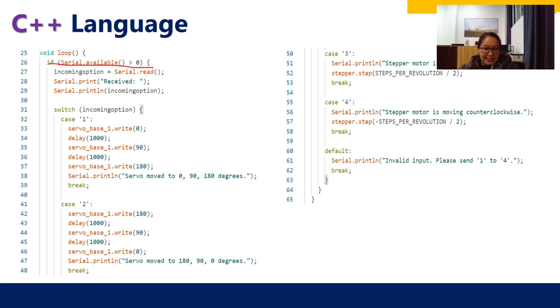If there is data available, the code inside the if block will execute. And this reads a single byte from the serial buffer and stores it in the incoming option variable, and it prints a message to the serial monitor indicating that data has been received.